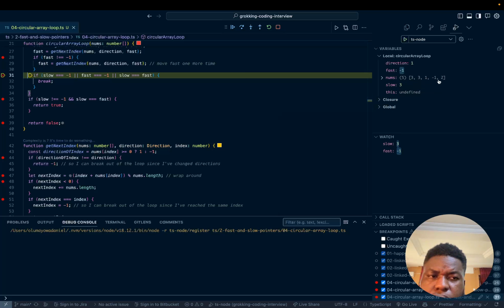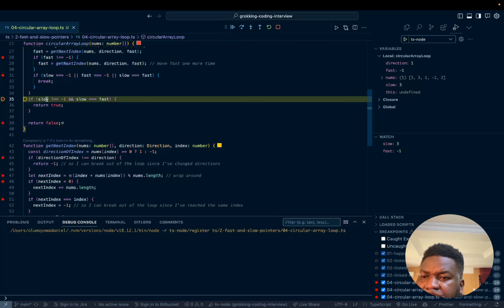Is it good? 1, 2, 3. Oh, it's -1. Yeah, it's -1. So it changed direction. It's -1 now. So get out of dodge. Change direction. So fast is -1. So it's gonna break out of the while loop